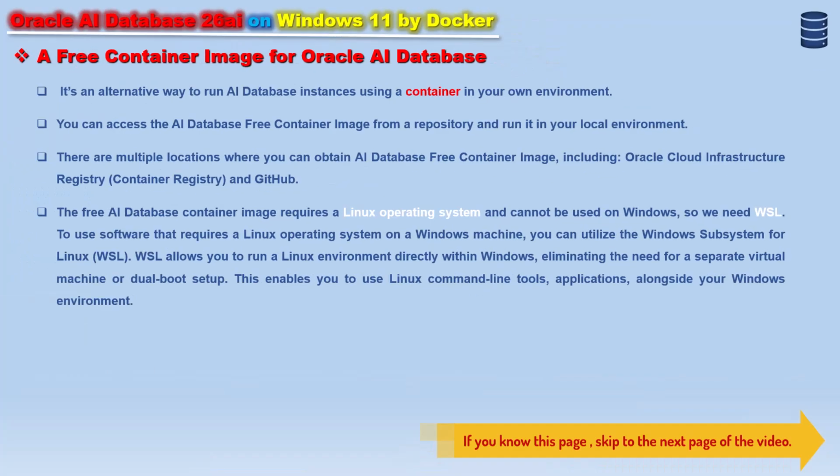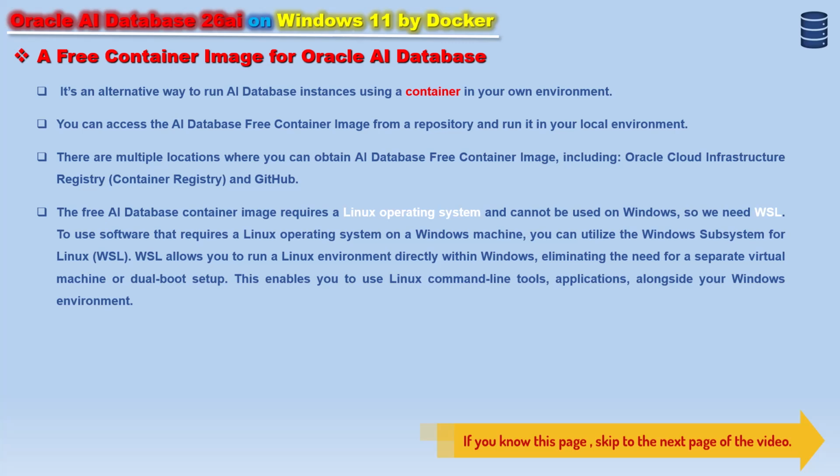A free container image for Oracle AI Database. It's an alternative way to run AI Database instances using a container in your own environment. You can access the AI Database free container image from a repository and run it in your local environment. There are multiple locations where you can obtain the AI Database free container image, including Oracle Cloud Infrastructure Registry, Container Registry, and GitHub. The free AI Database container image requires a Linux operating system and cannot be used on Windows, so